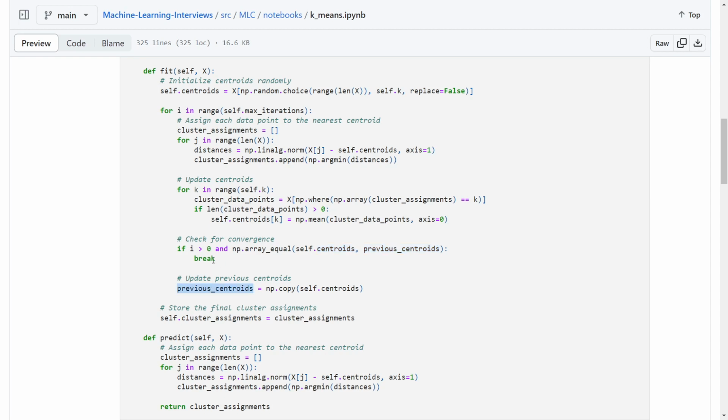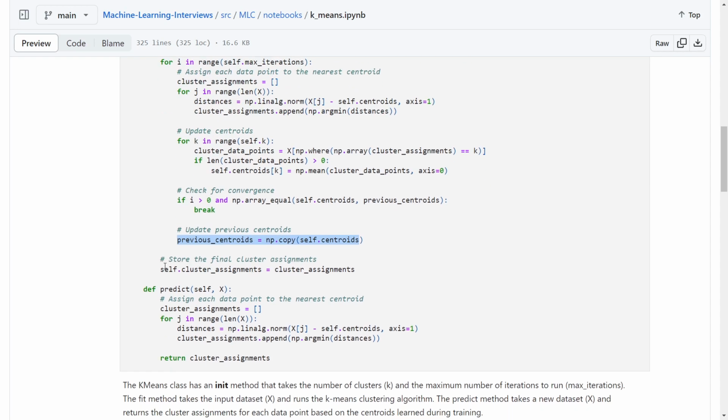And then finally, once this is done, we assign the previous centroids as the current centroids that we have, so that the next time the centroids change, we can compare them with the previous centroids we had. And then finally, we assign cluster assignments to update the self variable. And then finally in predict, we are given, I think, any 10 random data points,